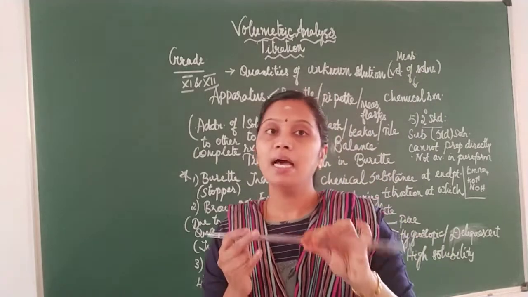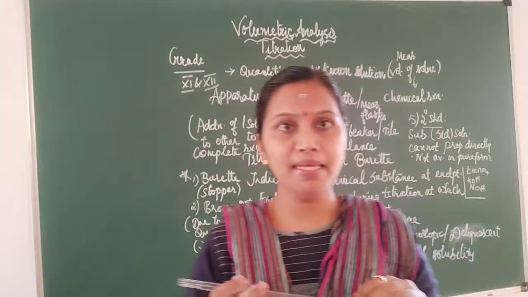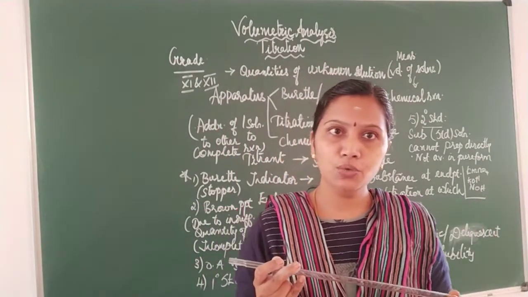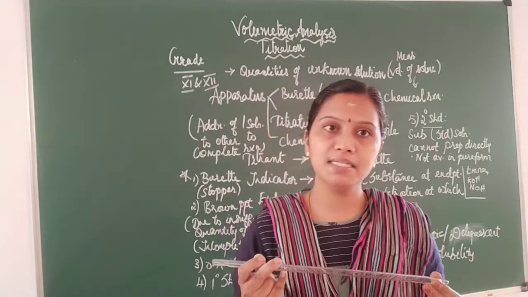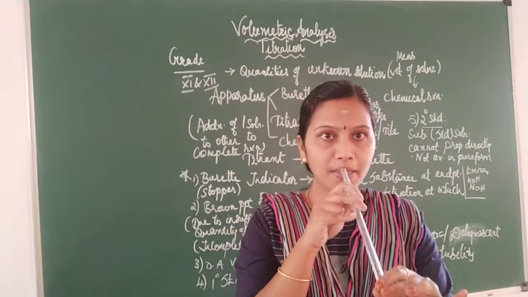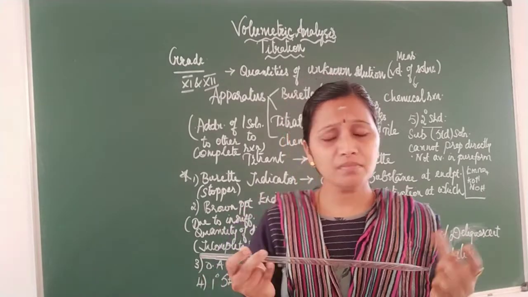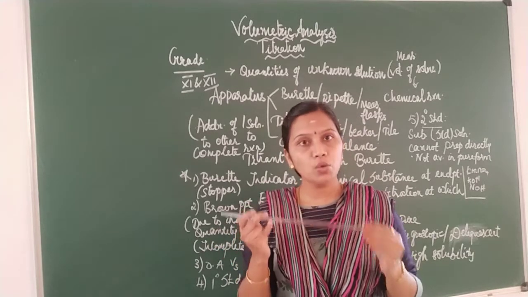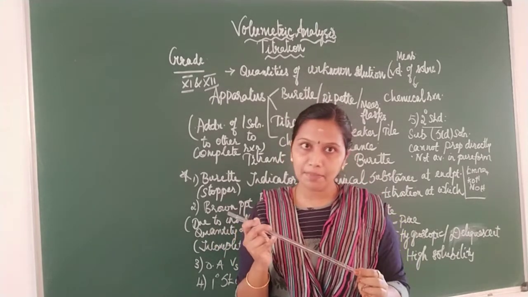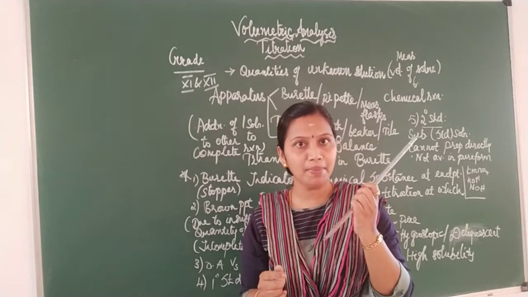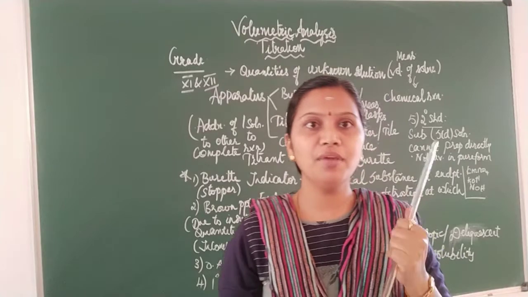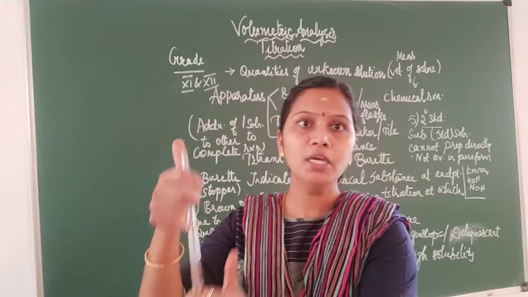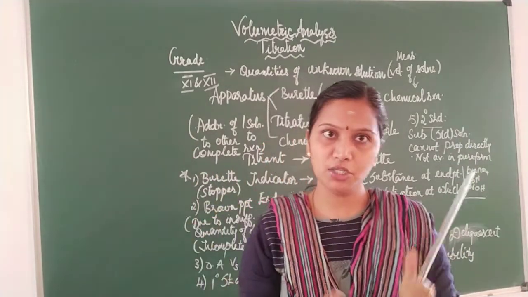Suppose I want to measure some biological specimens. For example, I am going to know how much sugar is present in urine or how much albumin or protein is present in a blood sample. I am not supposed to pipette out by mouth, right? Because it's a biological specimen. I may accidentally swallow it, I may accidentally drink it. So while measuring biological samples, I am not supposed to use these manual pipettes. Instead, micropipettes can be used where you just need to press and drop. So automatically the solution will be dispensed into another beaker.